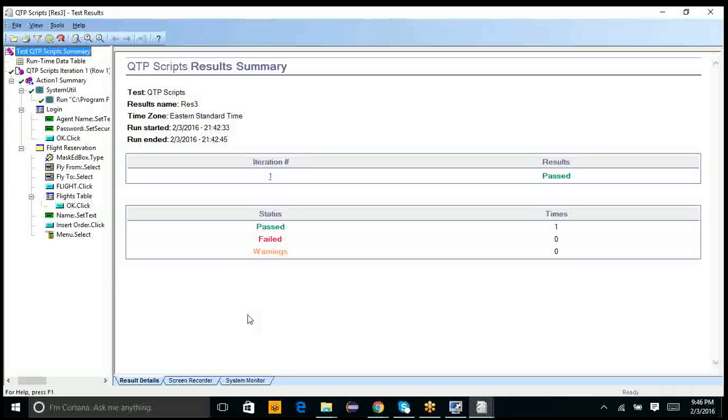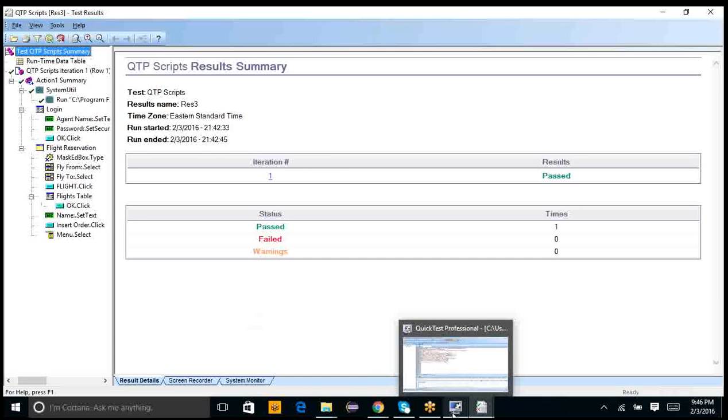We run only one time iteration. No, iteration one is passed, which is specifying one time, that is okay. I'll agree. But when you say status times here, actually it is showing that each step, like how many steps have been passed and all. But among all the script, in entire steps, only for one step, that is system util dot run.